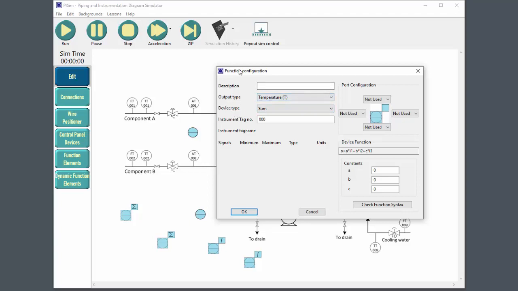And the device type for the function configuration is a whole bunch of different types of function we can have. We'll talk about those when we actually talk about specifically configuring the function. Again, instrument tag name, it's important. It's not used by PySim, but it's important for clarity that you actually use different tag numbers for different instruments. The port configuration is exactly the same as